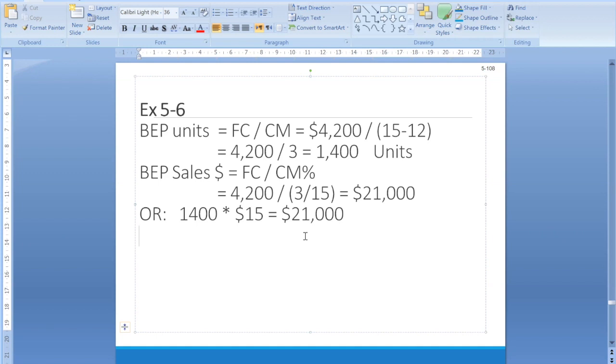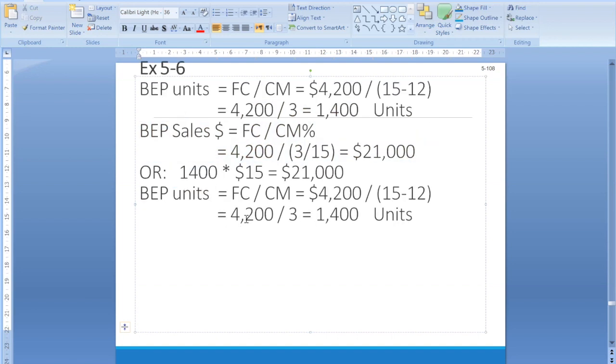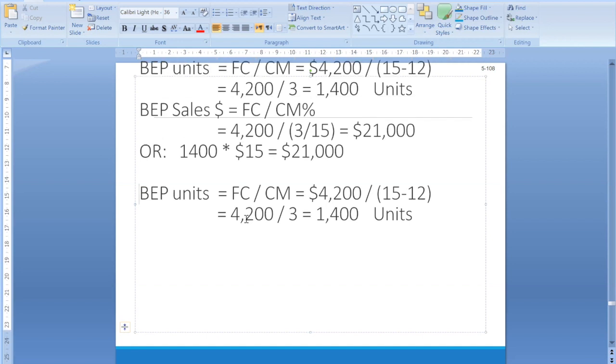So the new break-even point in unit sales, I will go back to the first question, then the break-even point